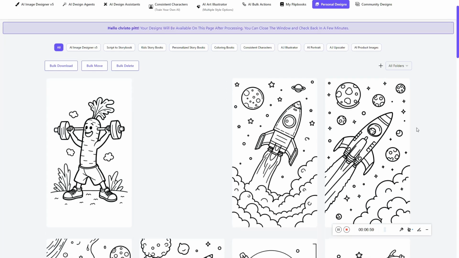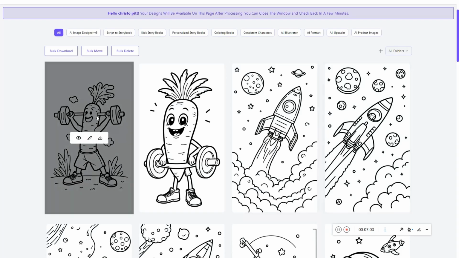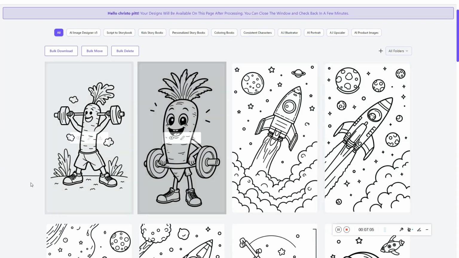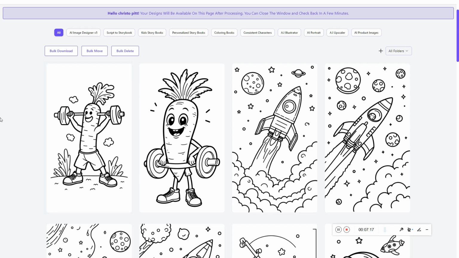Yeah, they're done. I've got one here. A carrot. Okay, now this is a little funny because the barbell is actually going through the carrot, and this one's hand is in front of the bar and not around it. So there'll be times when you get images which are not so perfect, and you need to